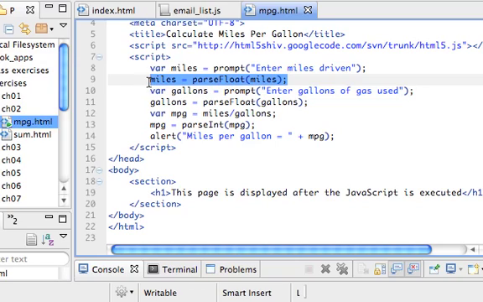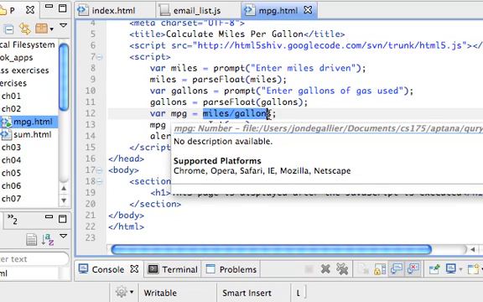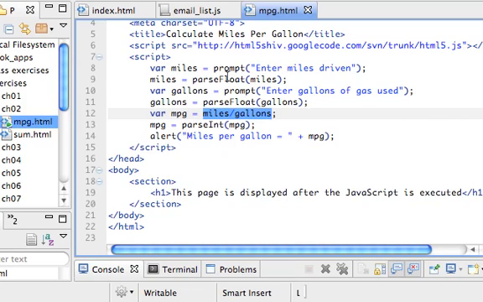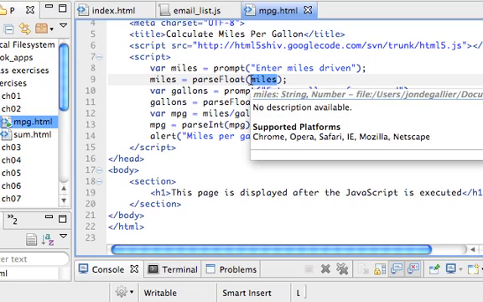The book explained that when you have data coming back from the user from the prompt function, that data comes back to JavaScript into this variable as a string. It's important to a programming language whether the data is a string or a number, especially when you're going to be using it mathematically, such as in this formula, miles divided by gallons. So once we have string data which we know is going to be used mathematically, we have to turn it into a number, and the way we do it is run it through a function called parseFloat, which is going to take this string, these characters 44 that are now in miles,